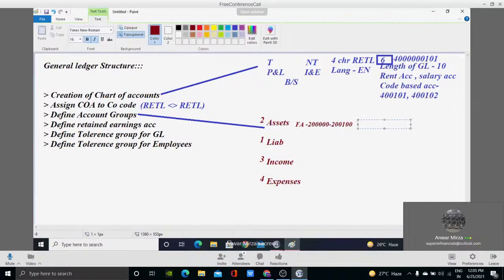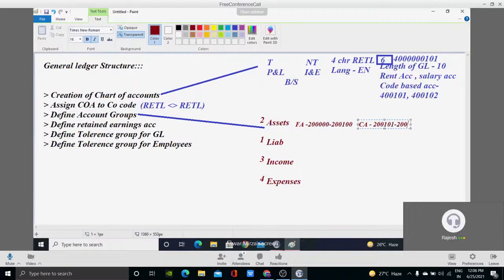Now the next group is current assets. So how are you going to start this? 200101. Why? Because up to 100 are fixed assets. Is it clear? Yes, sir. Now from 101 to 200 is for current assets. Now what are the current asset categories? The most common current assets you have seen in a balance sheet are cash, bank, sundry debtors, closing stock. Other than this, there are some other special categories of current assets based on the requirement they want to display. Then also you get 100 accounts.